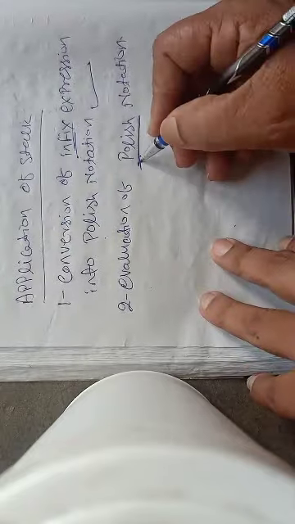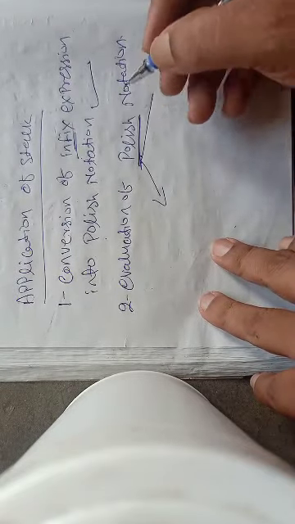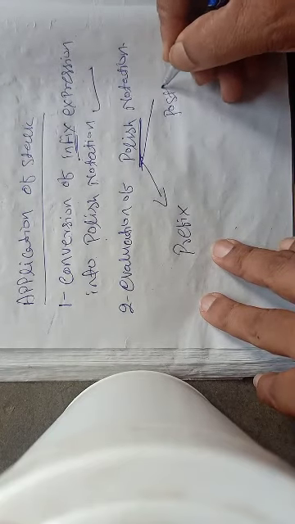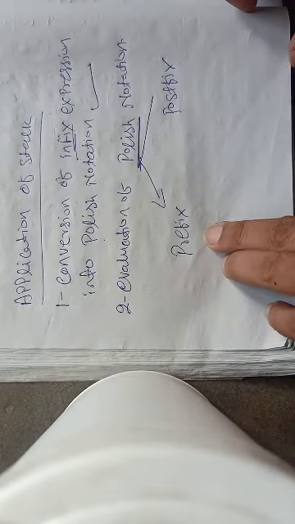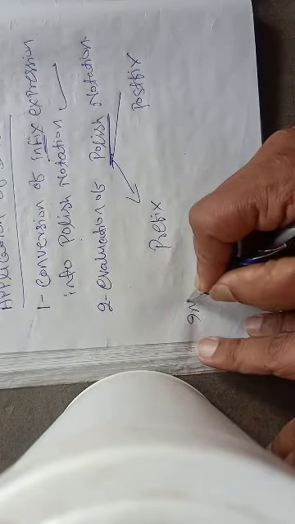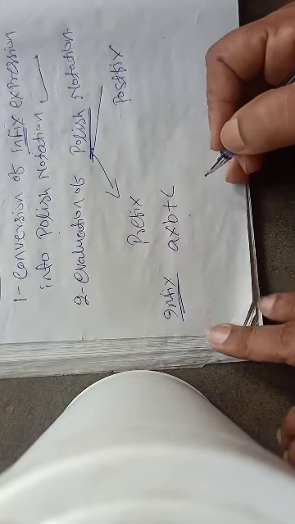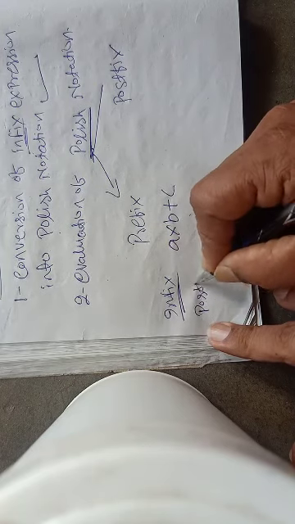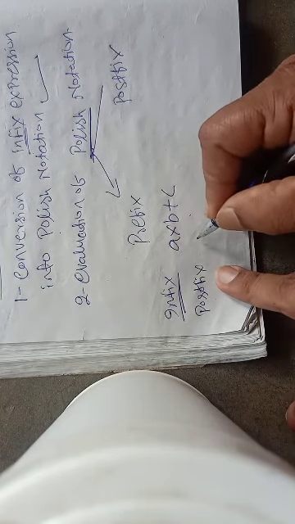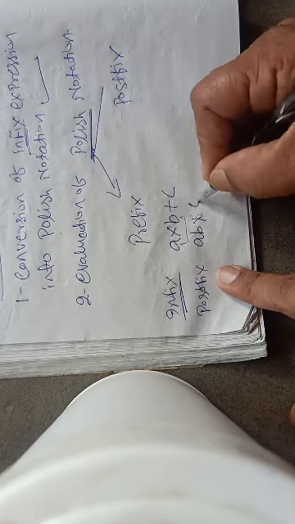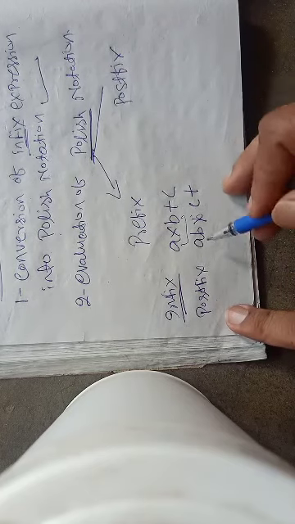We know there are two types of Polish notation. Polish notation means we have prefix notation and we have postfix. Prefix is an arithmetic expression. Postfix notation is also notation of arithmetic expression. Like in infix, if we write a * b + c, then its postfix will be a b * c +. This is postfix equivalent of this expression.